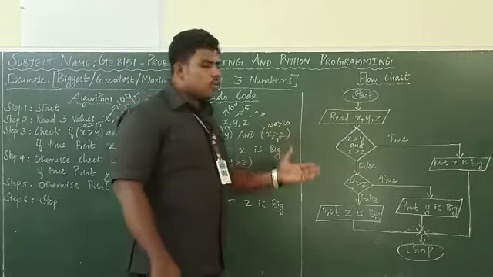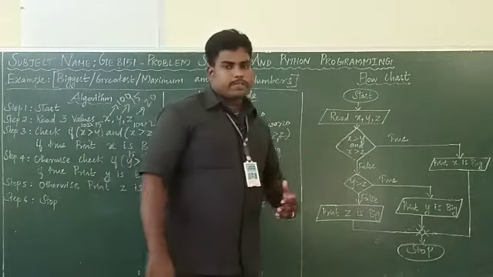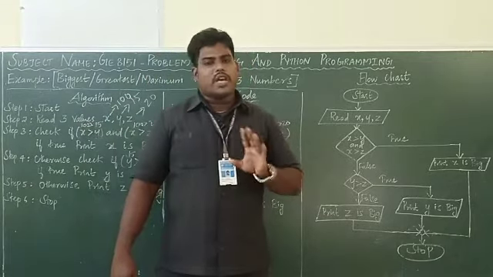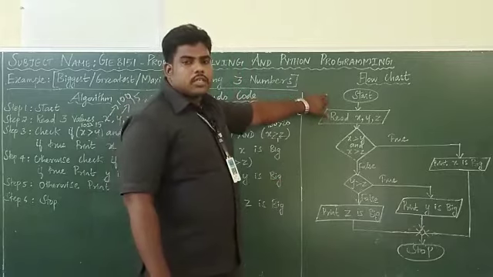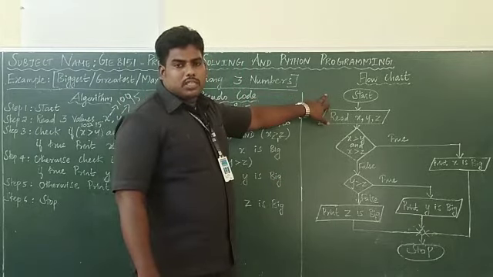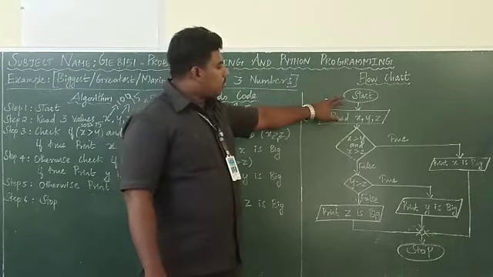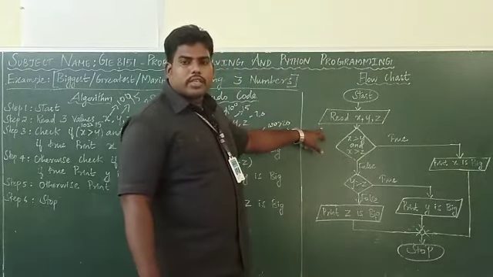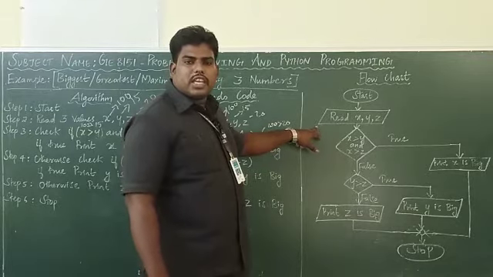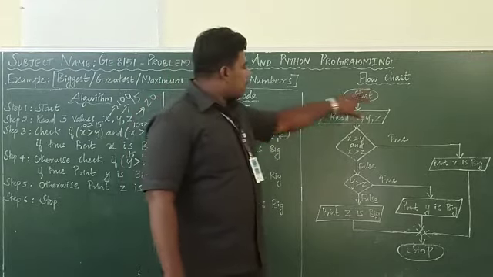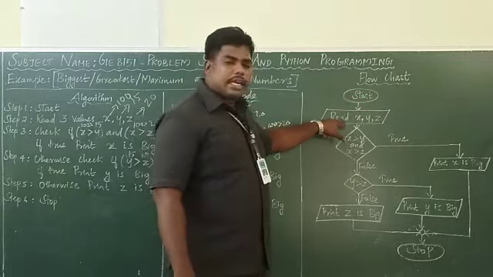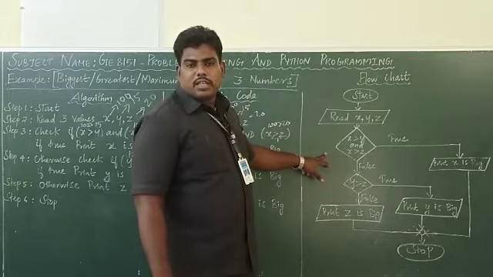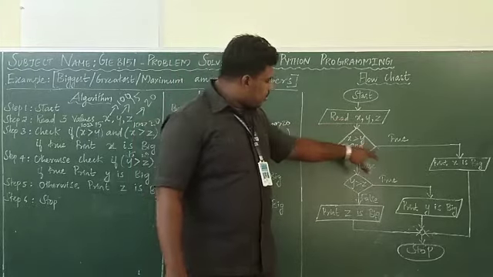Now we are going to see about the flow chart. So flow chart is nothing but with the help of symbols we are explaining. So first, what is the symbol name? Terminal symbol name. Terminal symbol is used to start and stop. Then how many inputs required? 3 inputs. Which symbol is used to get the input? Parallelogram symbol. So this parallelogram symbol is used to get 3 inputs. Then for selections or decision statement, which symbol? Diamond symbol.